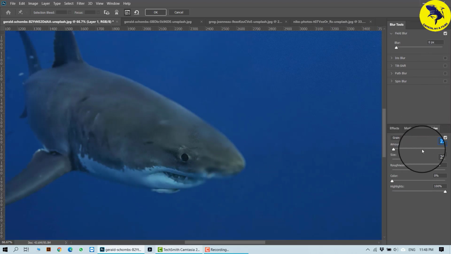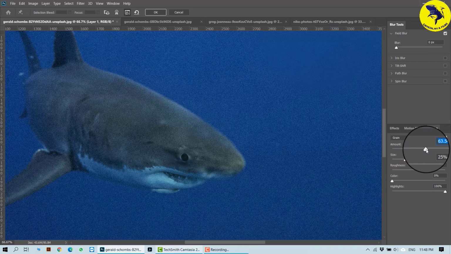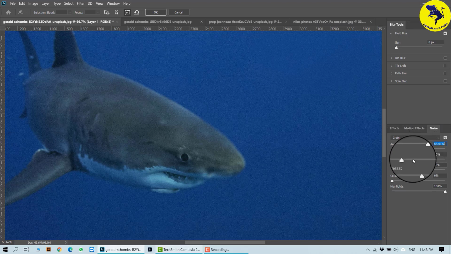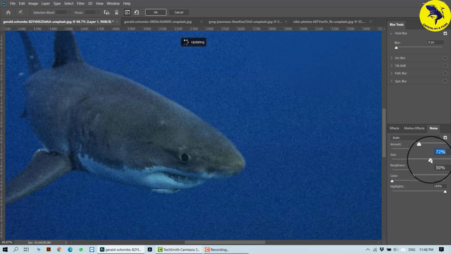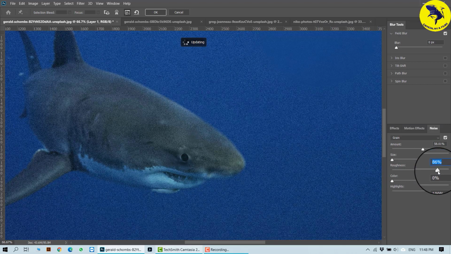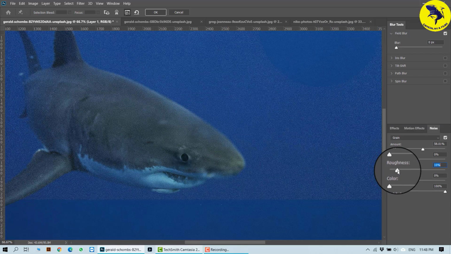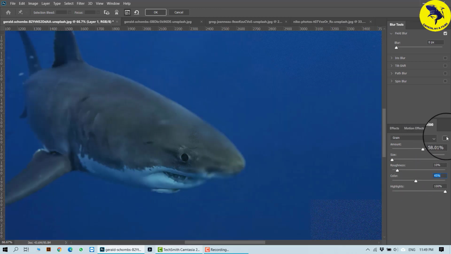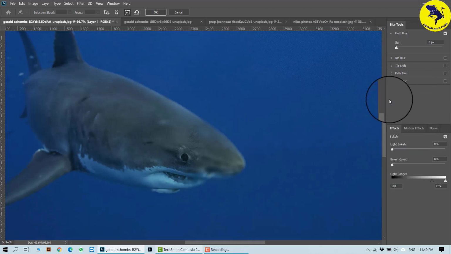Now if I add the noise, you can see the blur has been added up. You can specify to what extent you want the noise, the percentage, the size of the blur, how rough you want it, whether you want people to be visible, or just a tiny bit, or the color, if you want to highlight the blur more at the top. In short, it's all about the blur and the noise you want to apply. I just switched it off.